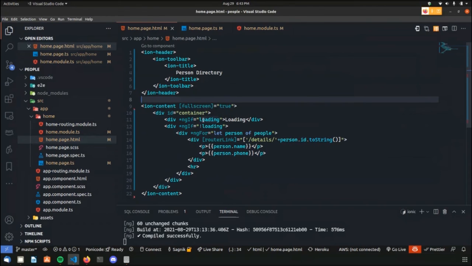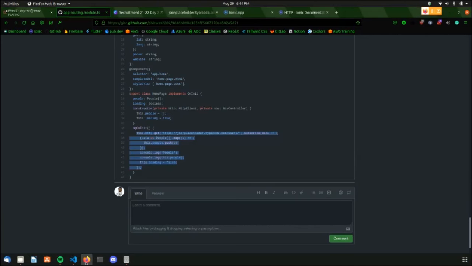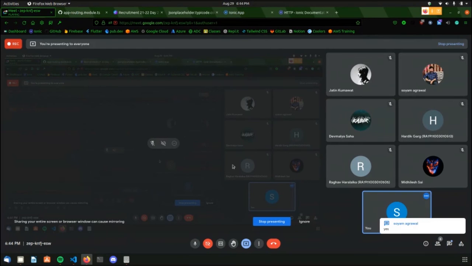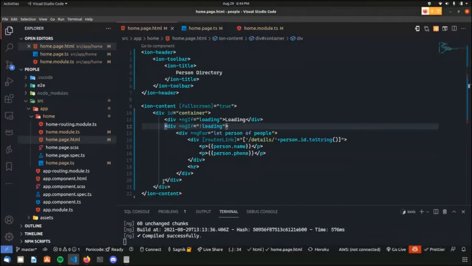So if loading is true, because loading will always be a boolean variable, if loading comes back as true, then it will show loading. If not loading is equal to true, that means when the value of loading is false, not loading will become true. Got this part, everybody? Great. So it will give back true, and then this part will become false, so that's why it won't show me loading. Then it will show me this div.